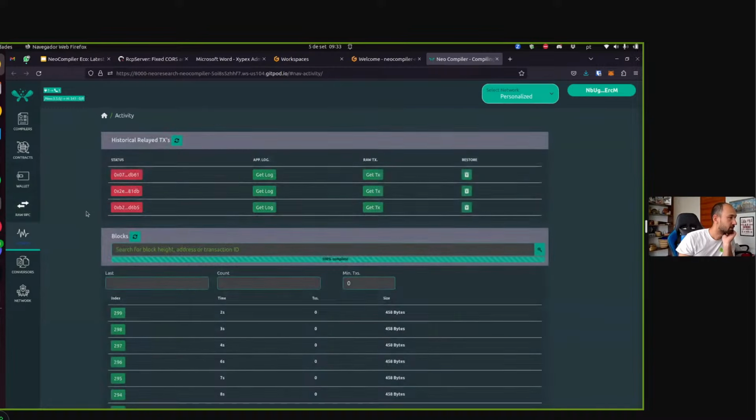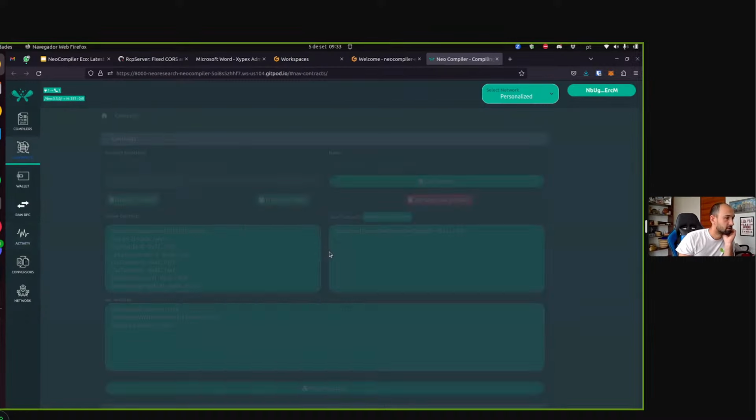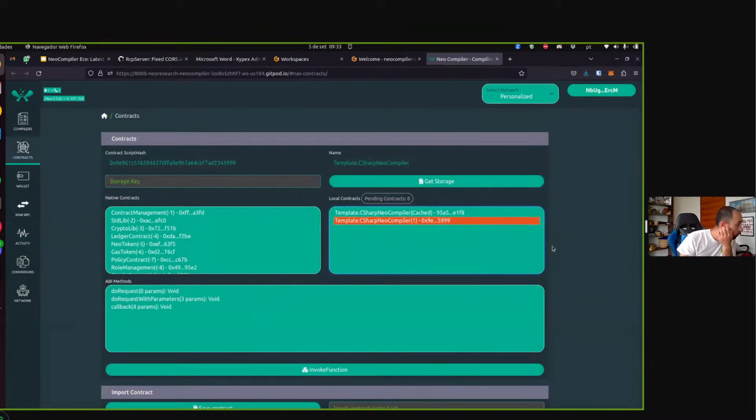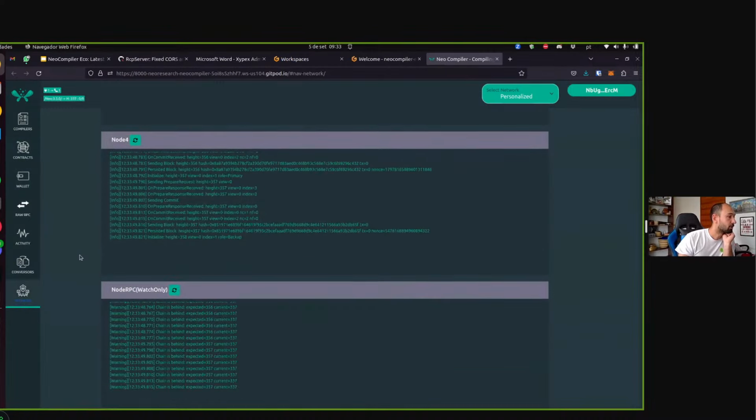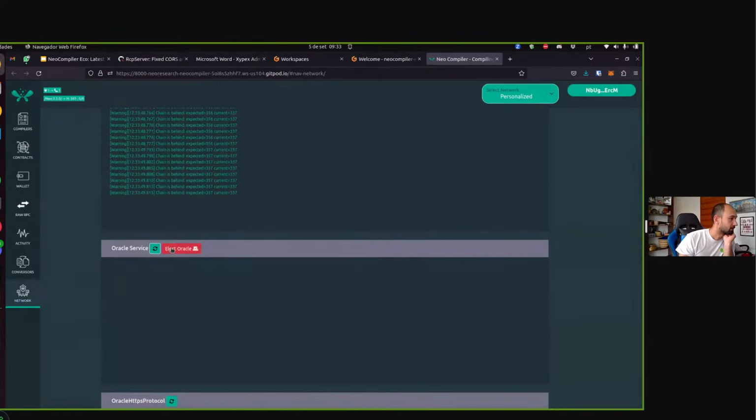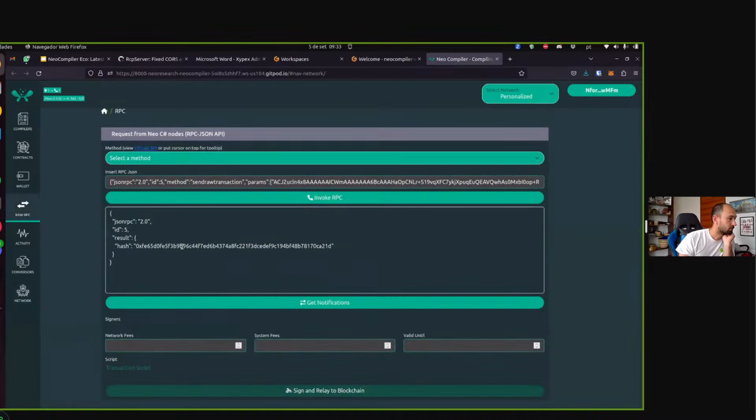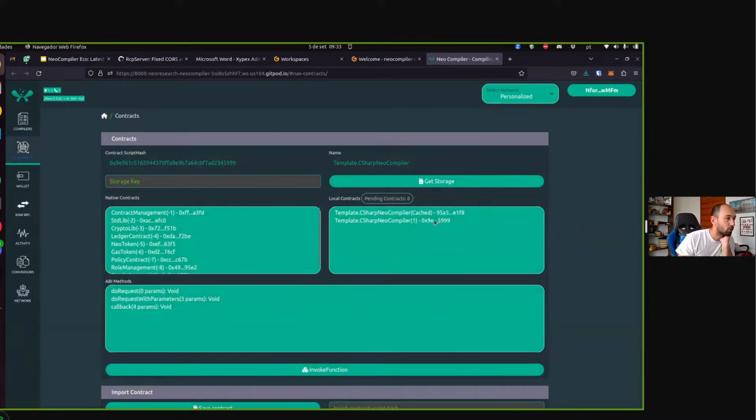It has been deployed. These were the first to send. This first transaction was send NEO, send gas. Now the contract has been deployed. So right now, what we need to do before is to elect the Oracle, because the Oracle is still not working. We're going to elect the Oracle. So the Oracle is now running. And we can invoke